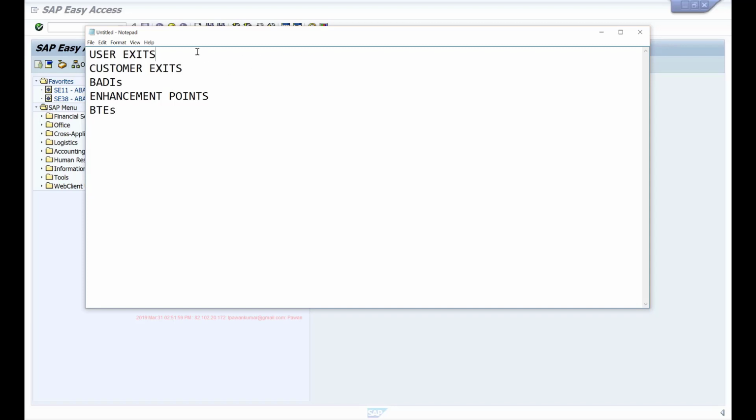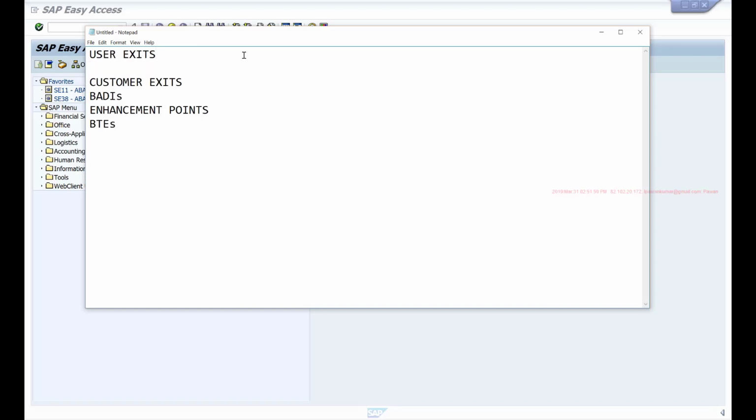All these enhancements allow you to do the same thing, wherein you can extend the standard SAP functionality without modifying the code. They are called by different names based on how they are implemented. So when the standard SAP program is running, SAP provides an opening where you can hook your custom functionality. So how this opening is provided is what differentiates between these different types of enhancements.